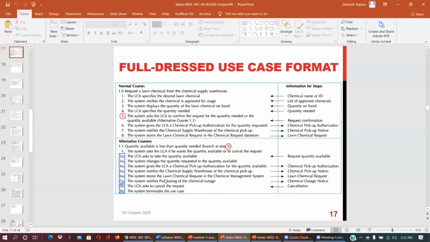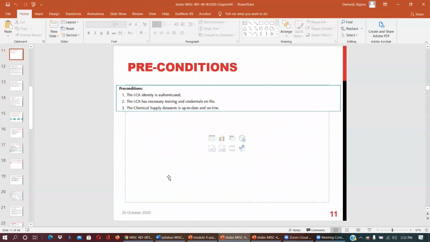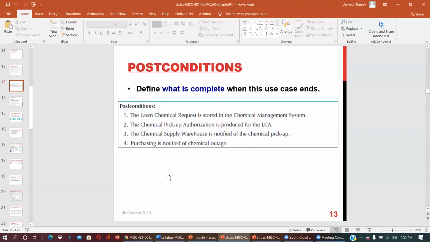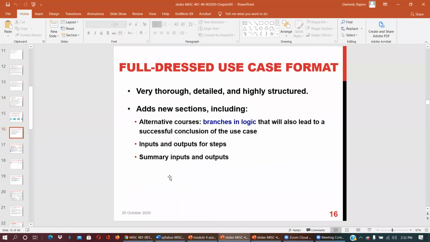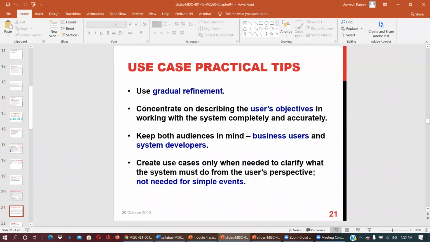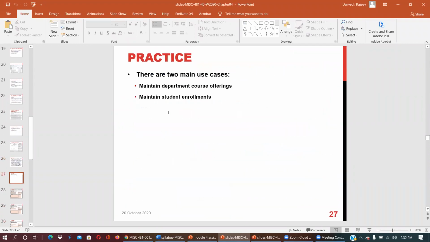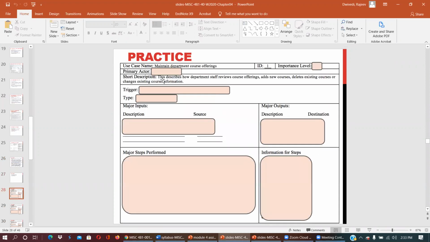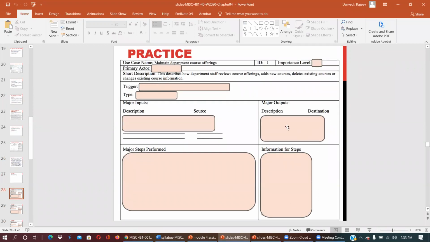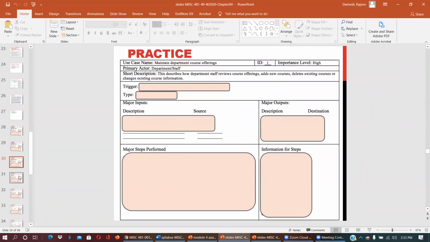These are the sequence: precondition, normal course, post conditions, and exceptions after basic information. In the slide you have the practice part, where there is a template you can just fill in and practice yourself.